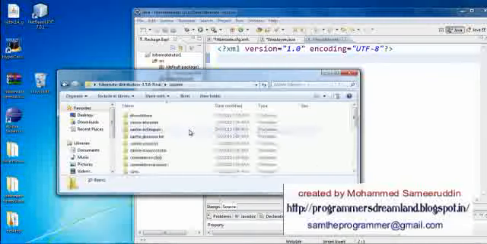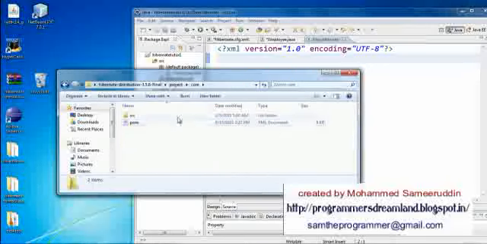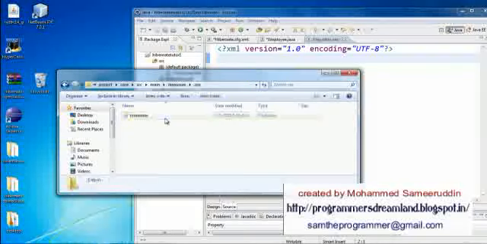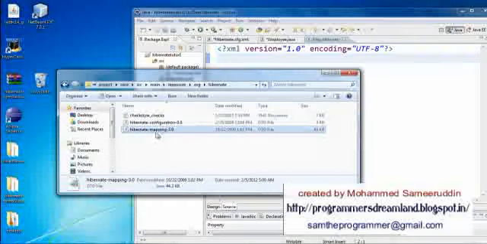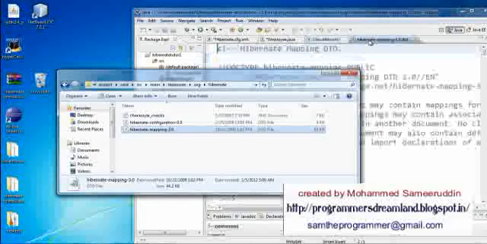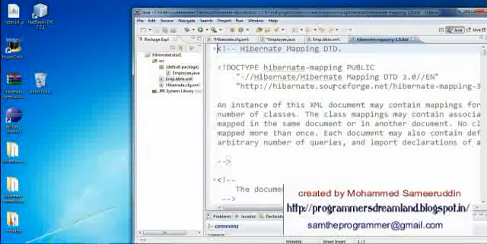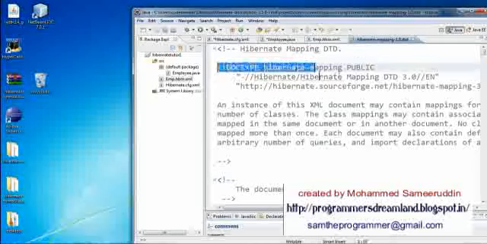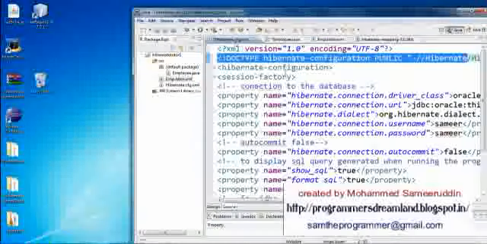Go to the project, core, source, main, resources, org, hibernate, and last time we used the configuration DTD, now we have to use the mapping DTD. We have to copy this DTD, copy it and paste it